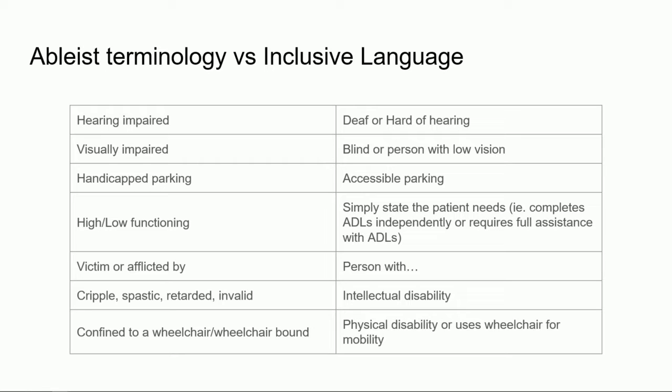And the last one is a really common example. People are not chained and strapped to their wheelchairs or to a bed. People use wheelchairs for mobility. I think Cori often gives the example, people with glasses use glasses to improve their vision. I don't think you would ever say that somebody is glasses bound. They have glasses to improve their vision.